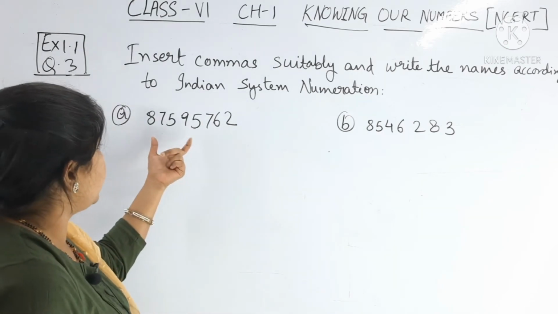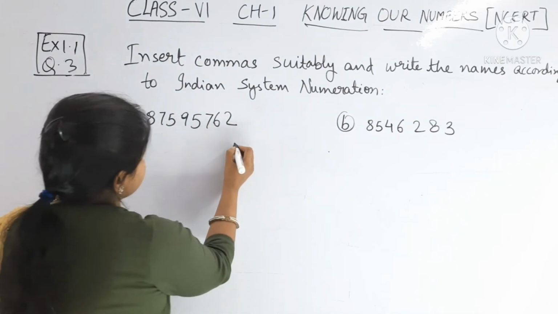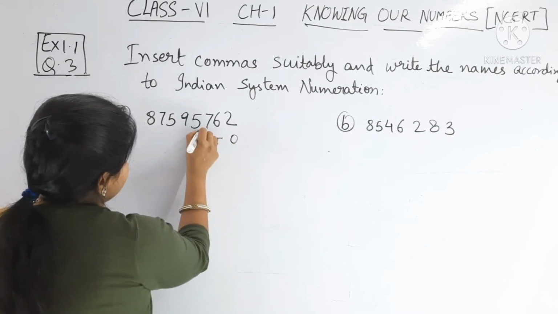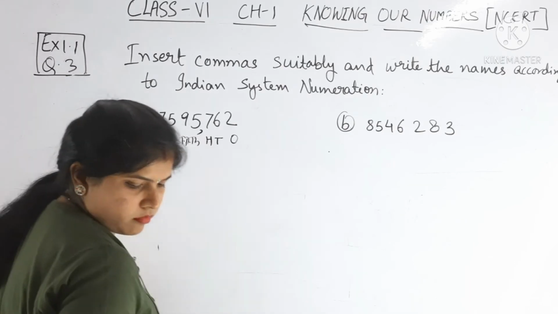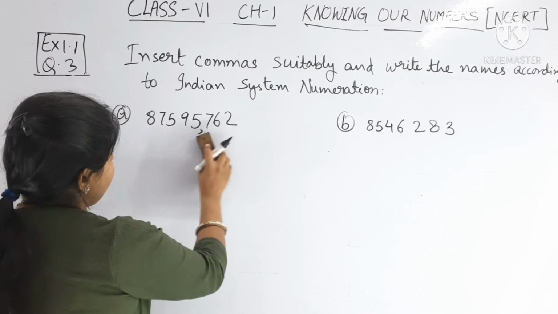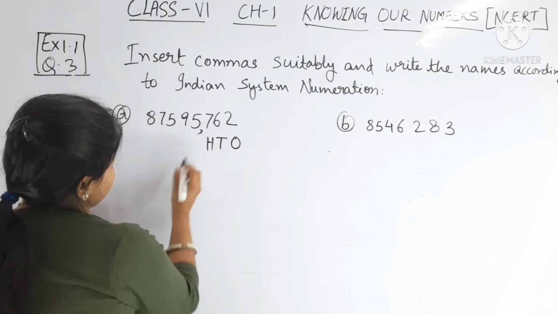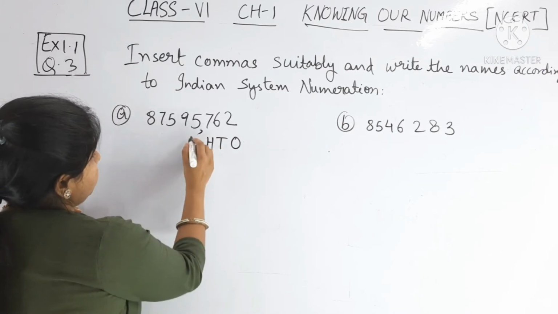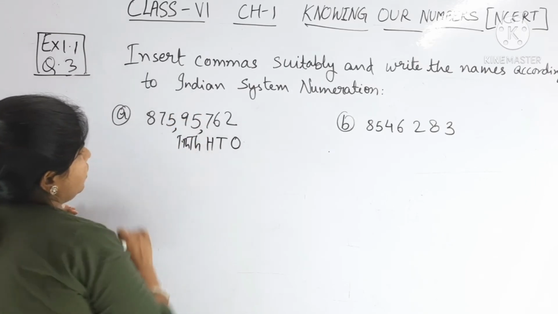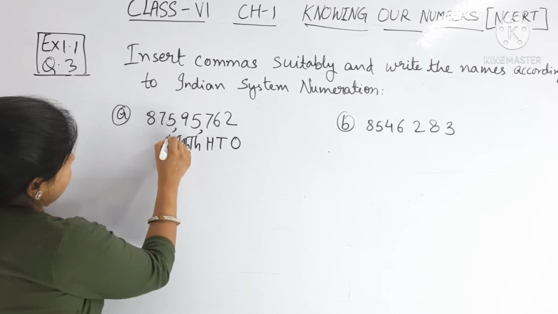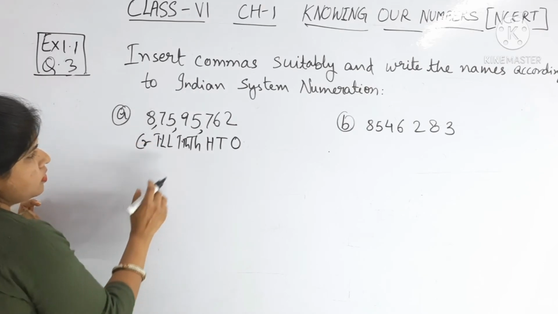So we are writing this by putting commas in the Indian system. So for the Indian system, this is ones, tens, hundreds. So this will be comma. Okay, then 1,000, 10,000. I have to write ones, tens, hundreds. Then it will be comma here. Then 1,000. Here it is 10,000. Then I am putting comma. Okay, then lakhs, 10 lakhs, comma. So it will be crore. Like this you have to